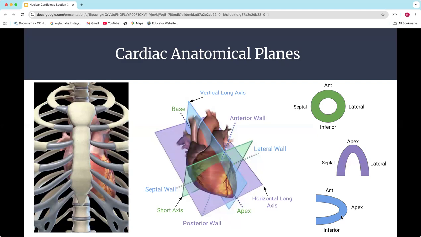Okay, so this took me a minute when I was a student. I'll admit, to kind of get what I was looking at. I would look at this and think I had it, and then I would look at a scan that we created, and I'd be like, okay, wait, which wall is what? And it took a minute. So take a look at this, try to get it in your head.